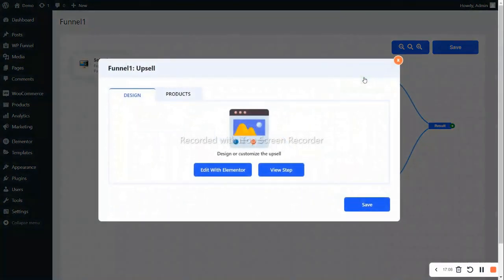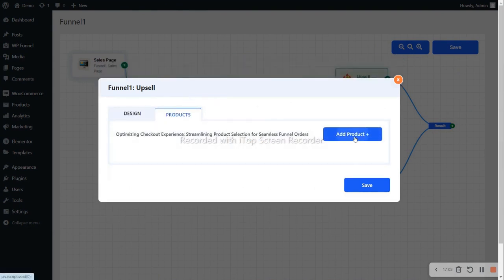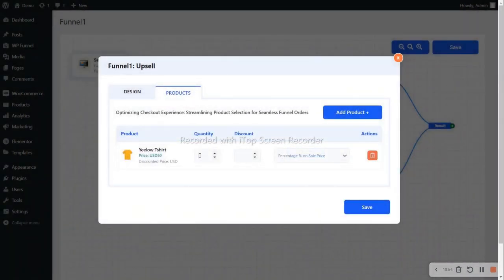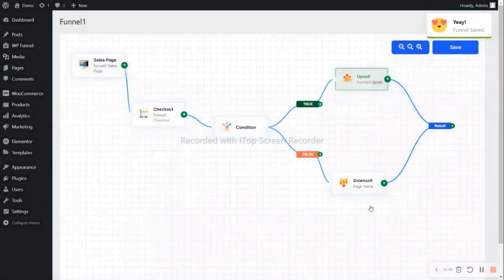The page has been created. Now you can edit it with Elementor, and you can also add the product that you want to give to your user as an upsell. So as we did in the checkout page, you can set the product for the upsell page.